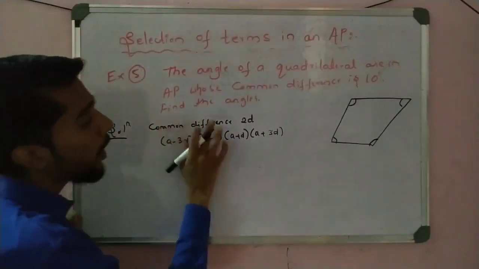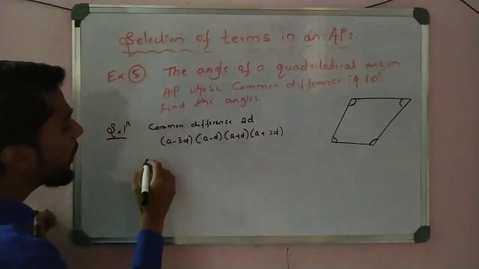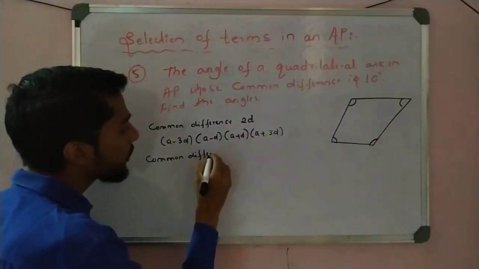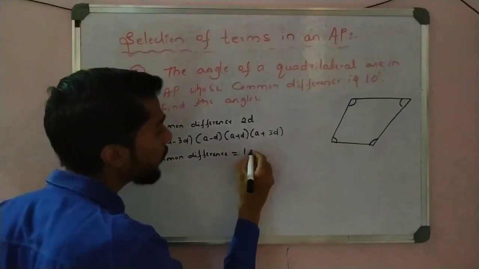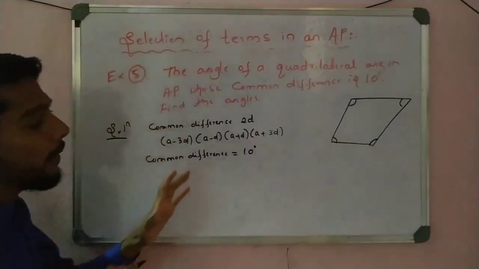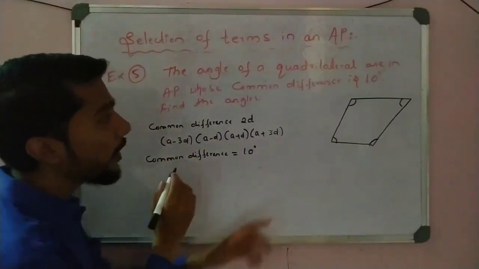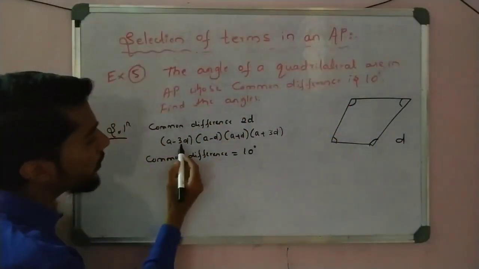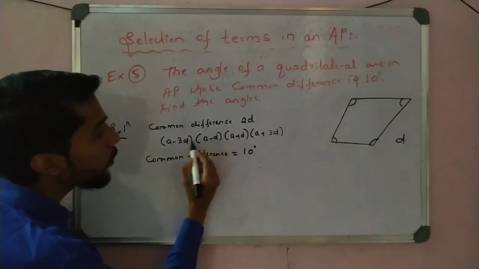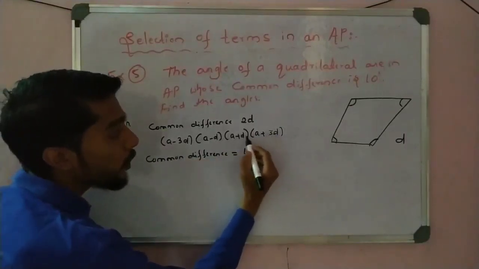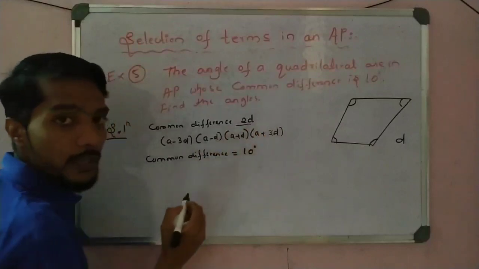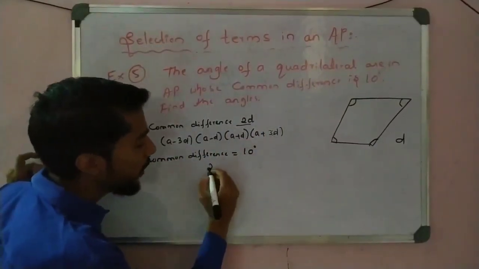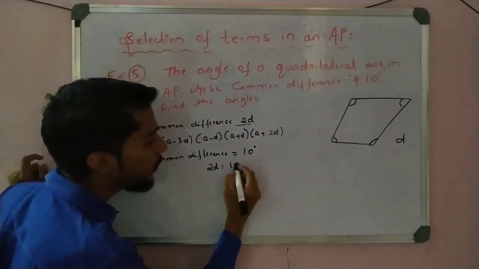So see about the common difference first, okay. See here, common difference is given. How much? Common difference is equal to 10, okay, 10 degree. But let's see what is the common difference, according to them common difference is d, okay. But what is the common difference for us here? For this and this, it is 2d. See here, the common difference how much? 2d, right? I write here 2d. So when we take even number, we can take common difference is 2d. So that is actually 2d is given, that is actually equal to 10.